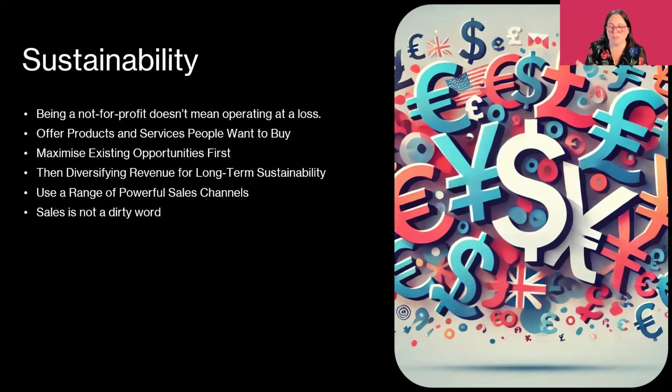And then, no, I don't want to diversify revenue just yet. Before you look to diversify revenue, are you maximizing your existing opportunities? Because invariably, unless you've got fantastic automation, fantastic systems sitting behind it, there are opportunities going begging that you could optimize now that are less risk and much quicker in the turnaround than looking at diverse revenue sources. It's only once you've done those two items that I'd say, right, well, what other revenue options could you be considering?